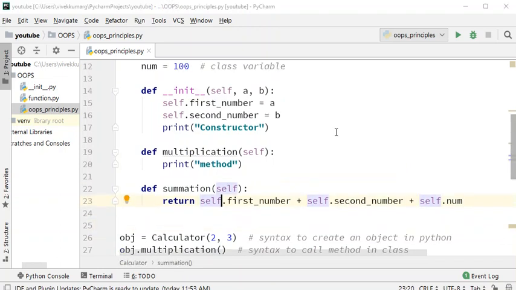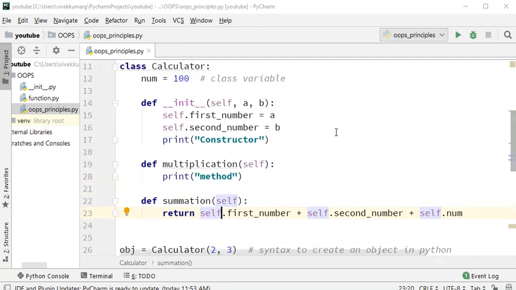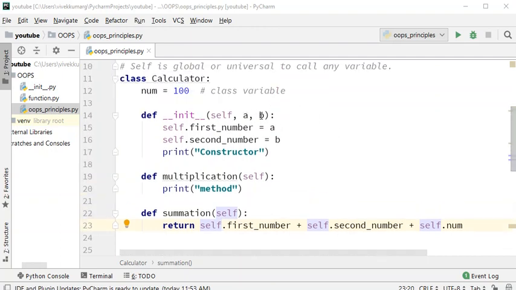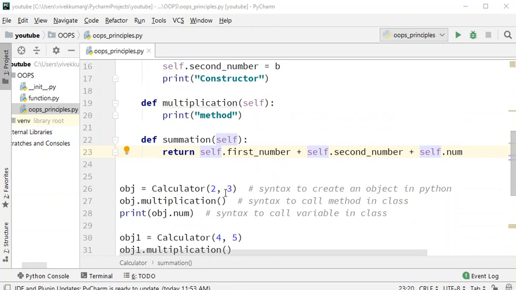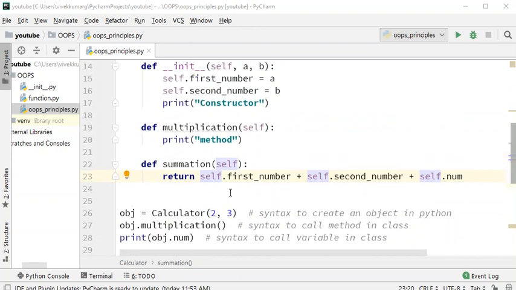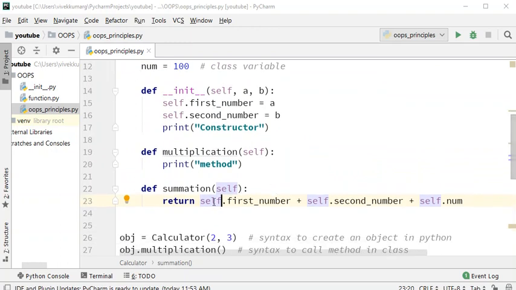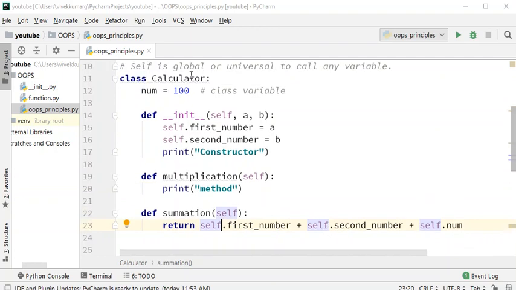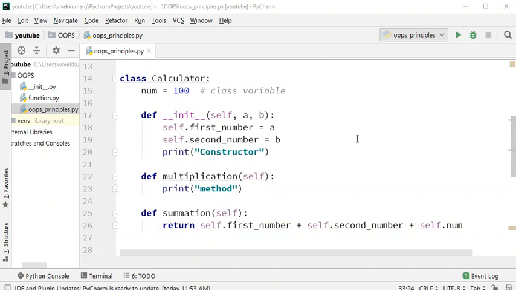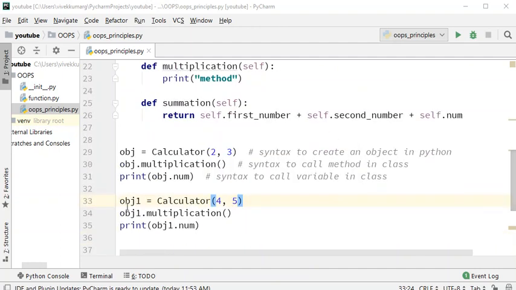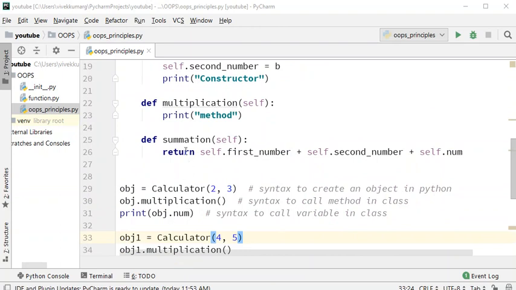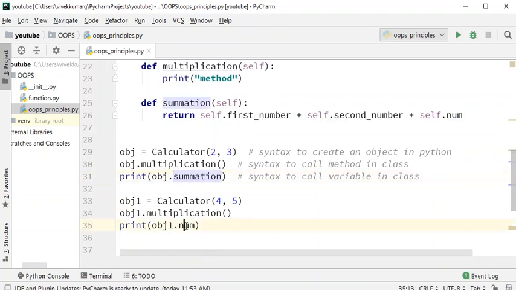Okay. So let us understand what we did here. We have created a parameterized constructor, as you could see, by passing numbers 2 comma 3 from your object creation, and 2 comma 3 we are sending here. These values are loaded in your instance variables, and you are summing up your instance variables self dot first number plus self dot second number in this method along with your class variable. Now let us take a look at what will be the output of the two object creations. We're returning this, so we'll say summation here.